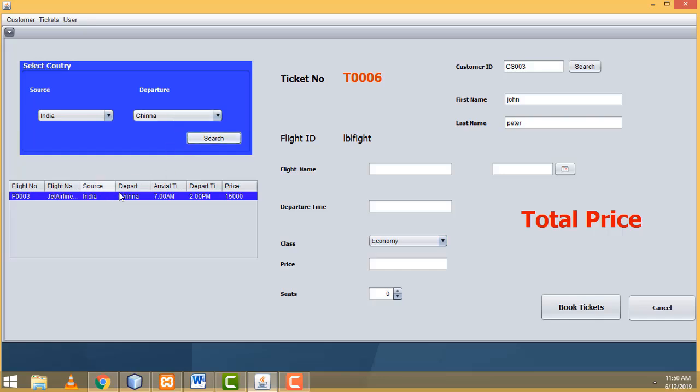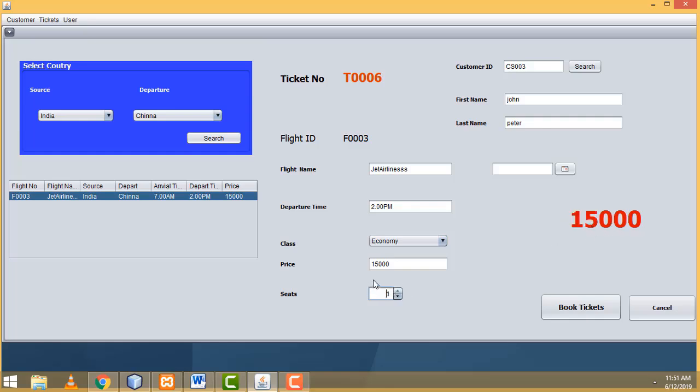So here this is the flight information. You no need to enter here. If you click this one here, all the details will be found here, right? You will be able to change the classes here: first class, second class, business, first business and economy. Let's select economy. Here seats, how many seats you are going to book. Here I'm going to select one,